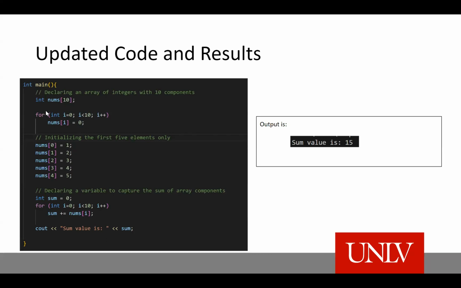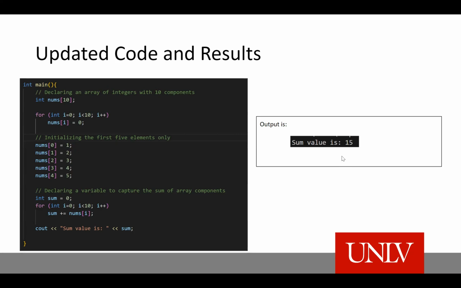The same logic applies with the for loop, where I'm updating all the elements with zeros whenever I'm creating the array. Now I'm initializing the first 5 elements and summing up all the values in the array. Now the sum value is as expected. It is inclusive of the first 5 terms, and the last 5 components in the array are explicitly set to 0, so they're not affecting my sum result.